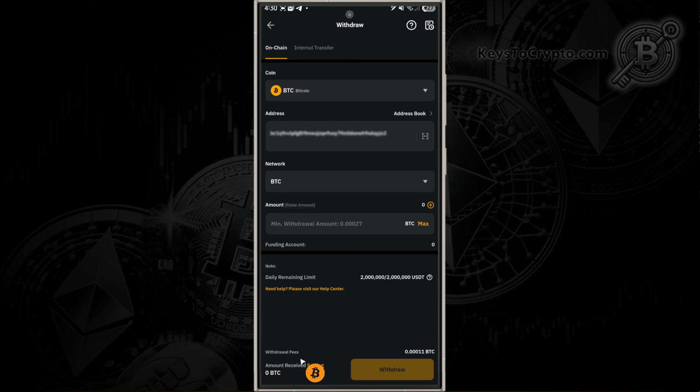Right down here where it says withdrawal fees, that's going to show you how much you're going to pay in fees. Make sure you confirm that the address is correct as well as the network. After you've made sure everything is correct, we're going to go right down here to the bottom right of the screen and tap on withdraw. Confirm the transaction on the next page, and that is how to withdraw